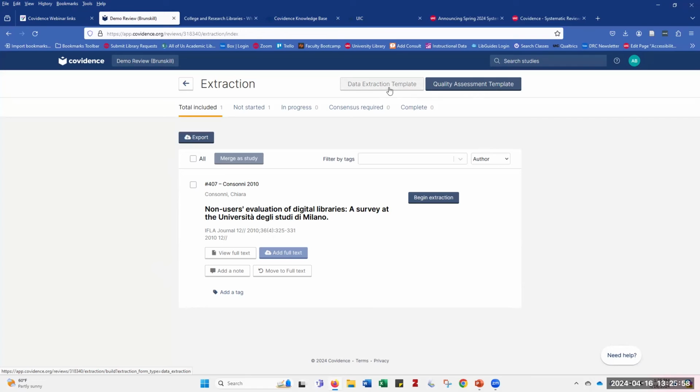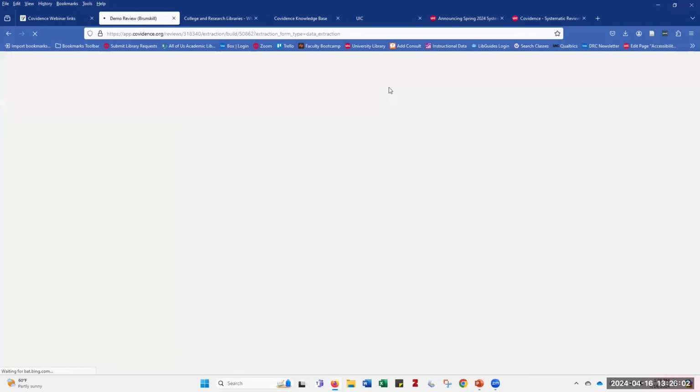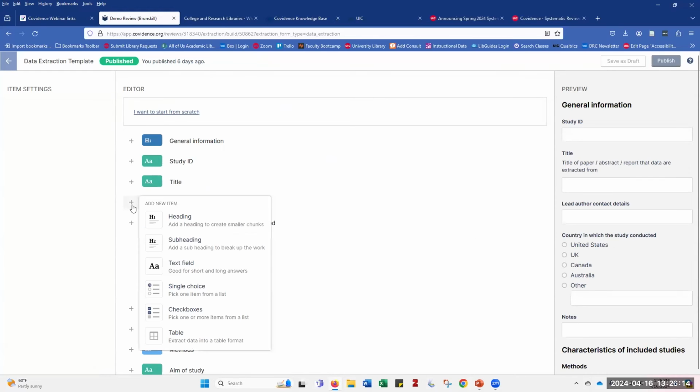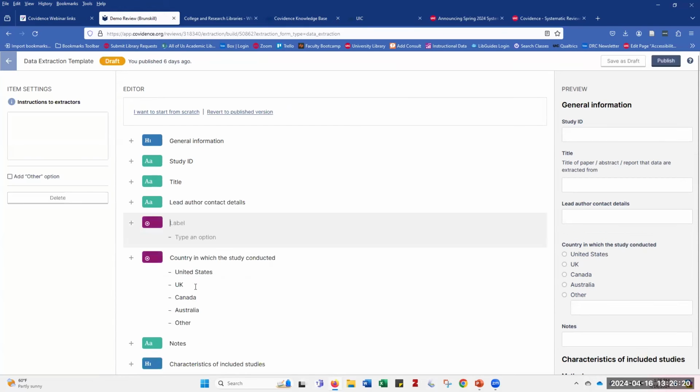So if we want to just look at what we have here. And here this is extraction template 2, so it's a customizable one. So here you can make changes on this side on the left, and they will show up on this preview on the right. So for example, if we click on something and we say, oh, I want to add something, so I want to add a single choice option,